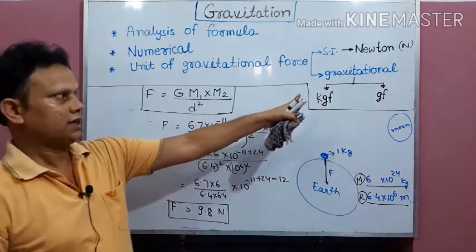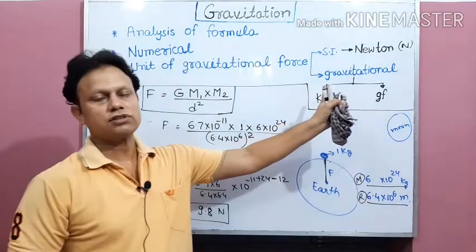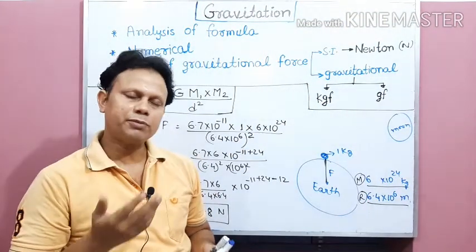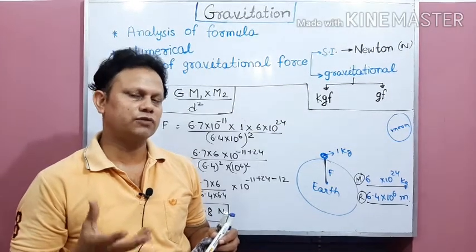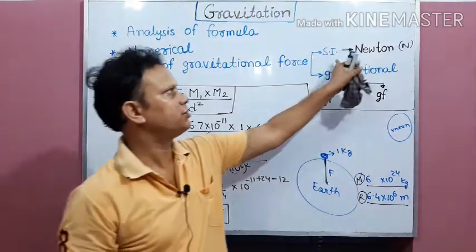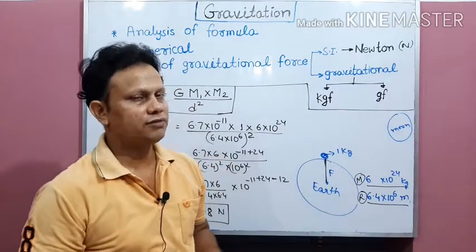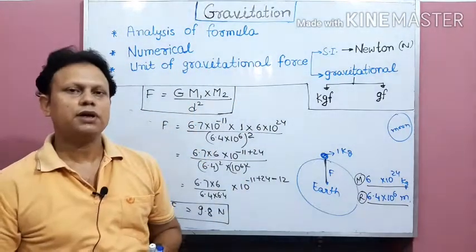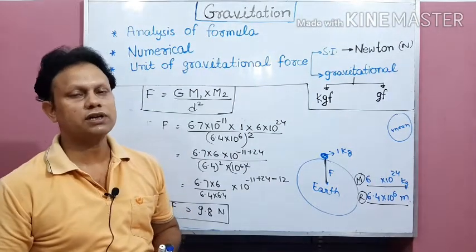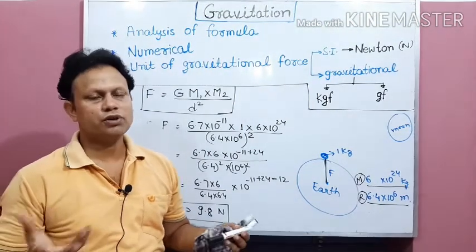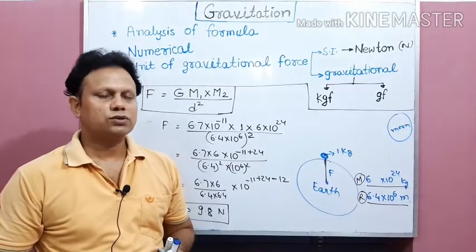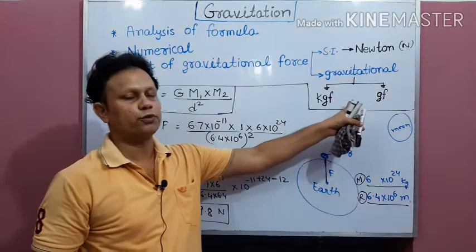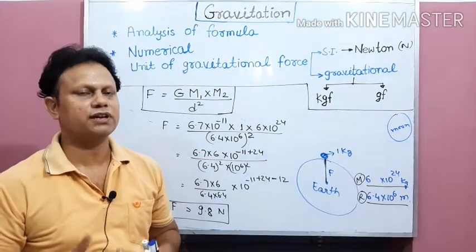That means there are two gravitational units which we use for measuring gravitational force. Now for force, everybody knows that the SI unit for any force is always Newton. So that is fine, that is the SI unit. But here we are interested in knowing a new unit, which we call the gravitational unit for gravitational force. Now how do we take a gravitational unit? Because every unit has to be defined. So how do we define it? Like kilogram force, or somewhere it can be written kilogram weight also.